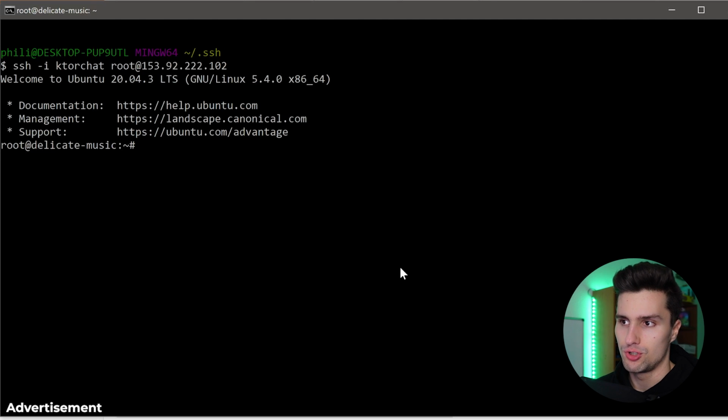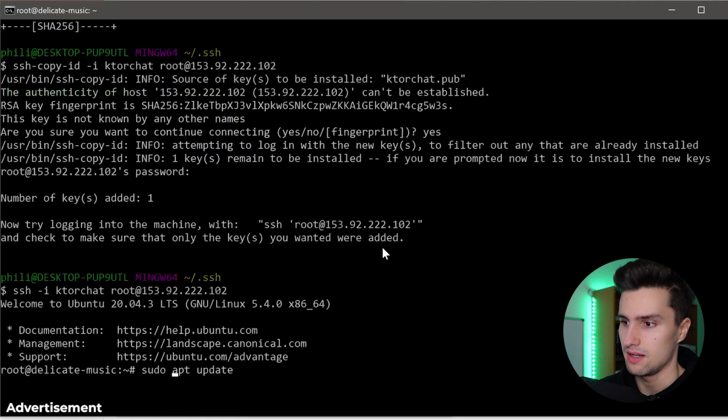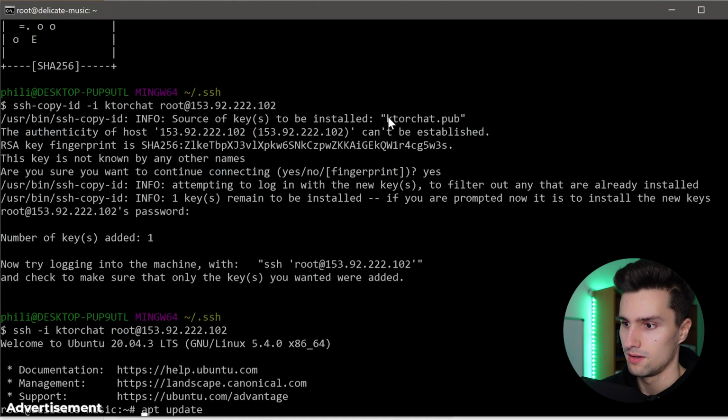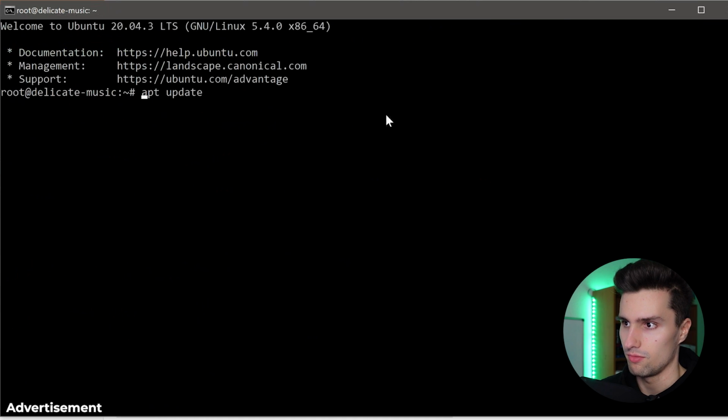Now, the first thing we should do here is update the dependencies. In Ubuntu, we can simply install tons of packages, and to update the dependencies so that it knows where to get these packages, we can say apt update. Often you see sudo apt update. Sudo is just a command to execute this as a root user, but since we're already logged in as a root user here, we don't need that. So you can simply